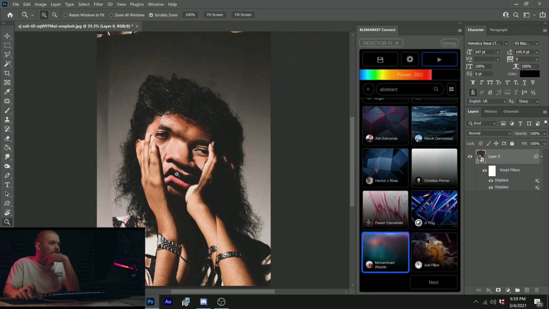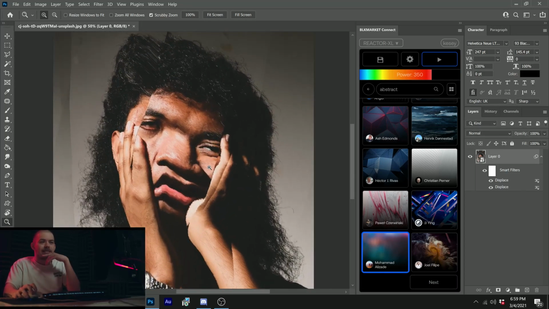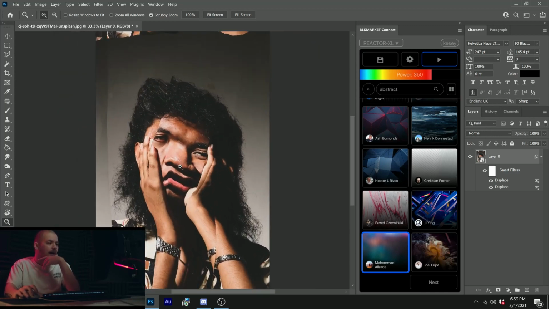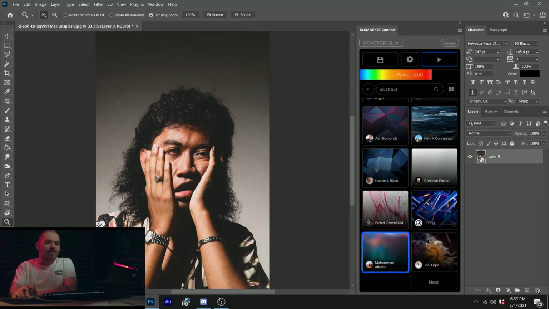That's kind of crazy too. Not necessarily super flattering, but definitely a trippy looking effect if that's what you're going for. And the beauty of smart objects, and we made this a smart object, is that now we can toggle or delete these. Oh wait, the reason we can't is because, and this is an important note,